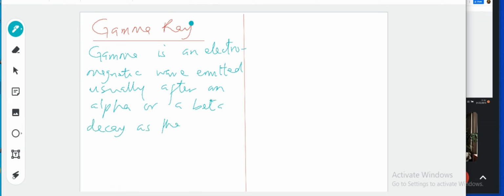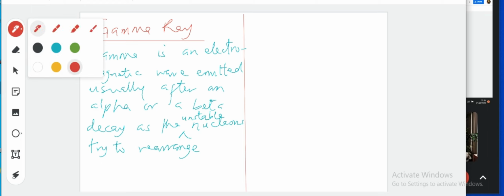as the nucleons. Nucleons are the things you have inside the nucleus. As the unstable nucleons try to rearrange. Read what I wrote. Gamma is an electromagnetic wave emitted usually after an alpha or beta decay, as the unstable nucleons try to rearrange. So as they try to rearrange,